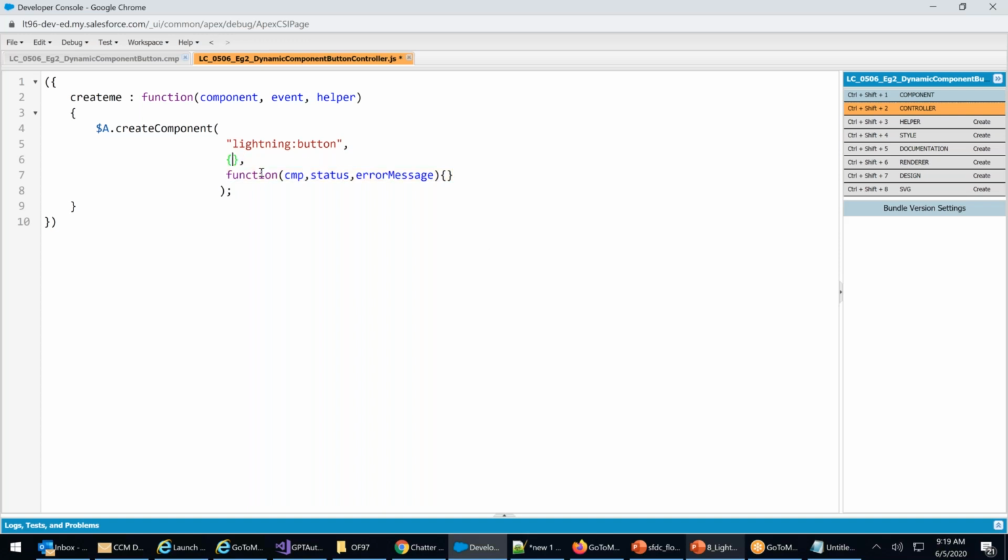Lightning button. Lightning button has label, right? I will say label. It's always in a JSON format. Label, what do you want to give? I will say hello. Then I have variant.